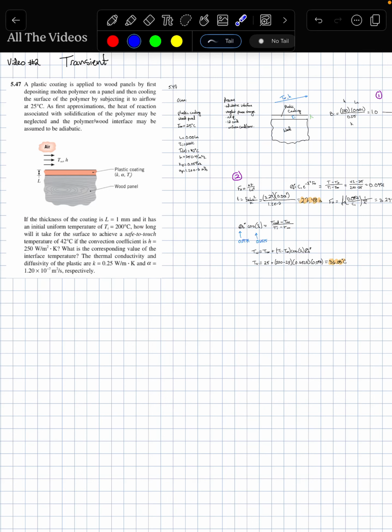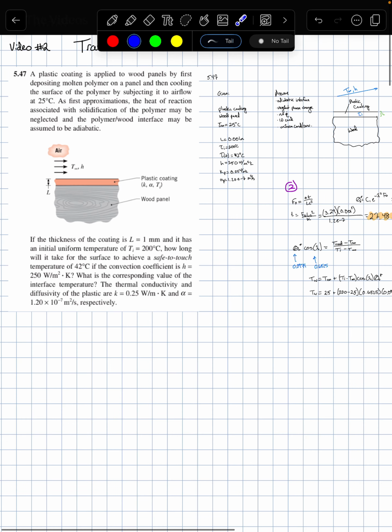All right, for my transient thermal problem, I chose 5.47. The problem states a plastic coating is applied to wood panels by first depositing molten polymer on a panel and then cooling the surface of the polymer by subjecting it to airflow at 25 degrees C. As first approximations, the heat reaction associated with the solidification of the polymer may be neglected, and the polymer-wood interface